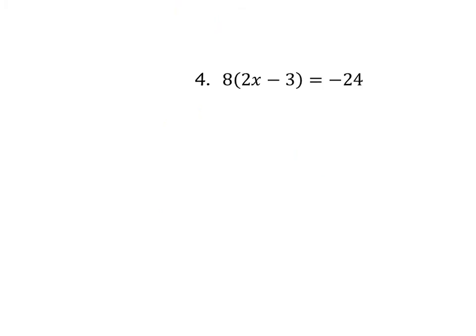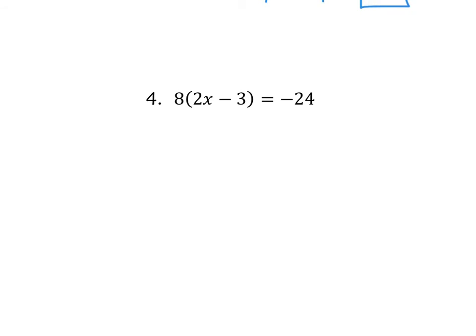All right, for number 4, there are a couple of ways that you can start this problem. I do think that for most people, when you have 8 times the quantity 2x minus 3 equals negative 24, the instinct of most of us is going to be to distribute this 8 to both of the terms inside of the parentheses. So 8 times 2x will give us 16x minus 8 times 3, which is 24, equals negative 24. I add 24 to both sides,